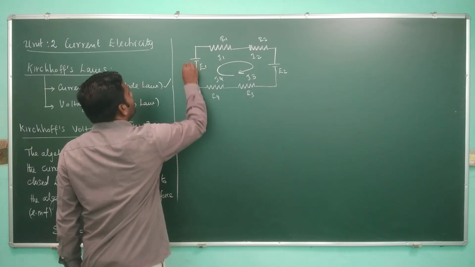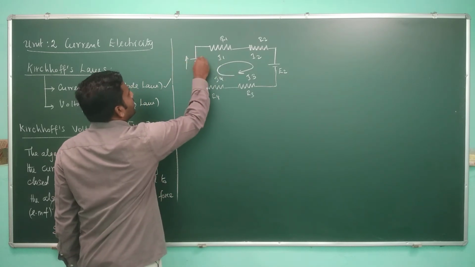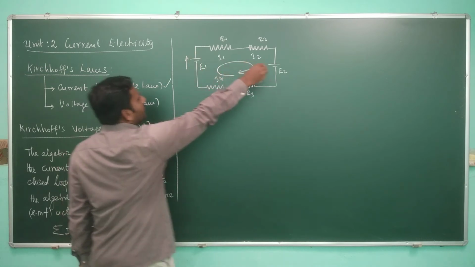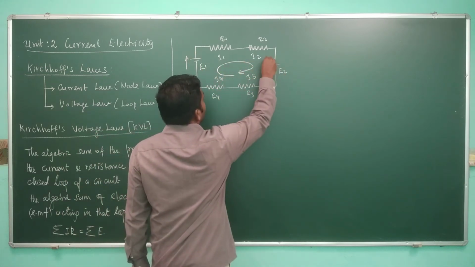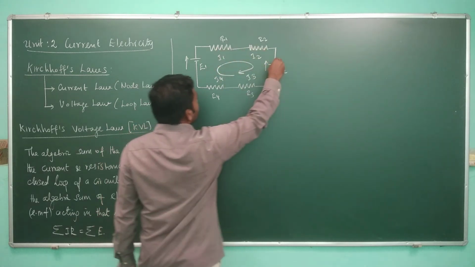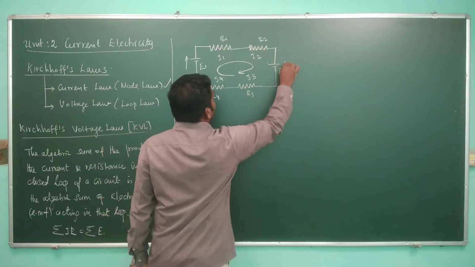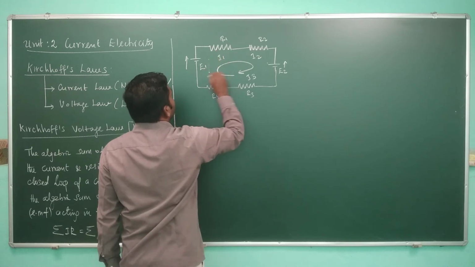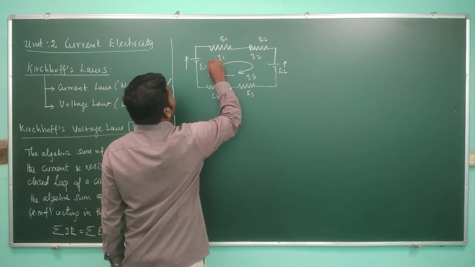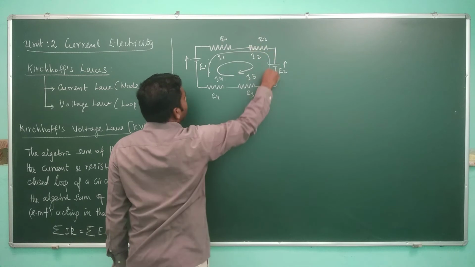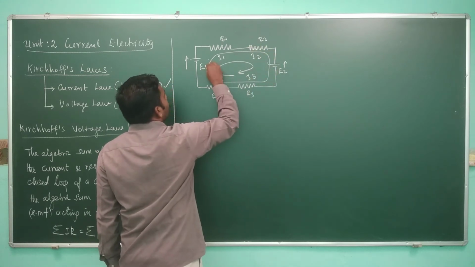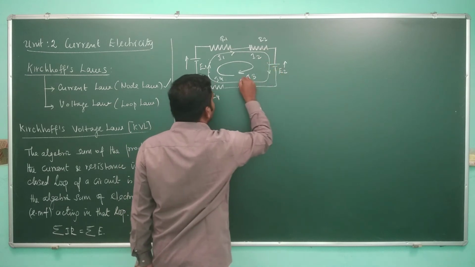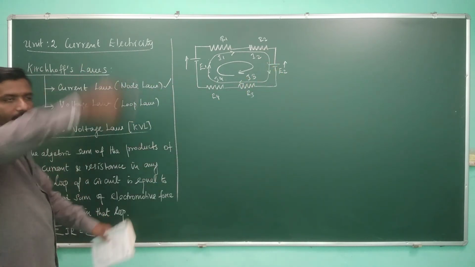Now, if you consider the loop in this direction, you have to put the arrow mark in this direction. Here the current is flowing from negative to positive in the battery. Here also current is flowing in this direction, but the loop is going in the opposite direction, right? Current is flowing this direction, but the loop is going like this. It is going up, going right side, right arrow, down arrow, left arrow. This is the direction of the loop.